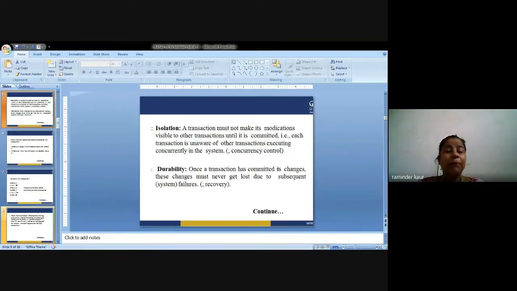So, what will be the practical example of isolation? Suppose in T1 I am performing the read operation, read A, then A = A - 50. A has 1000 rupees and I am supposed to deduct 50 rupees. So I deduct 50 rupees and write A, that is 950. After that, I start the second transaction, because my first transaction is already completed.